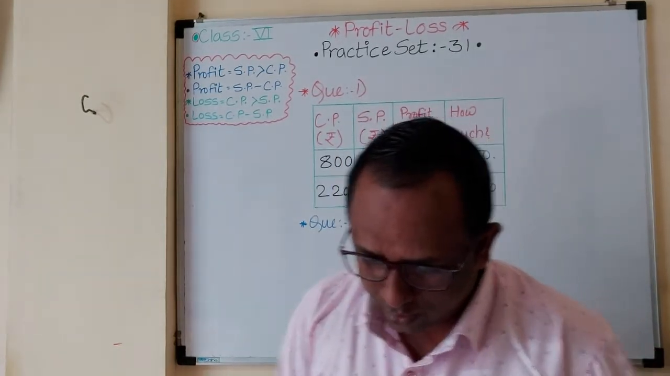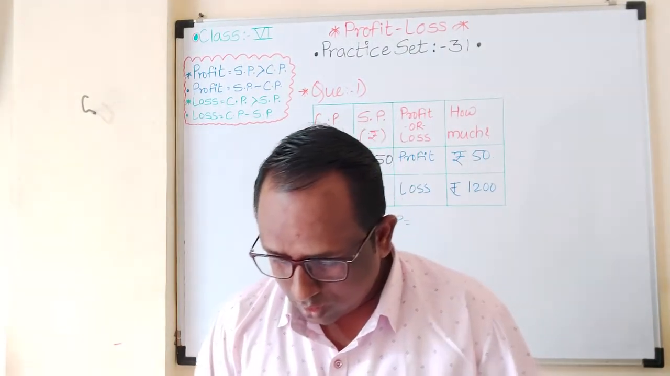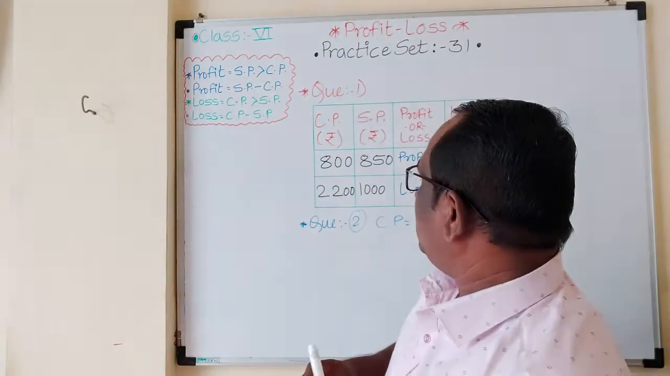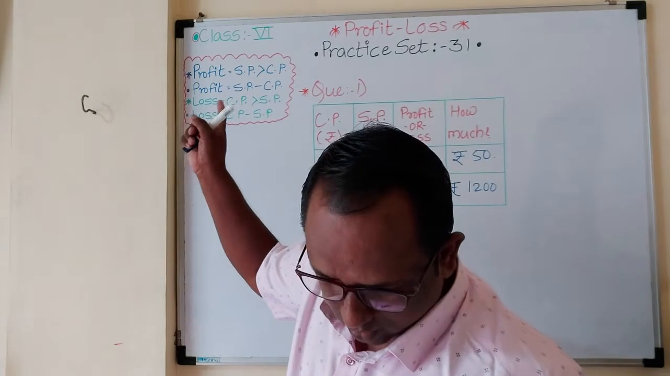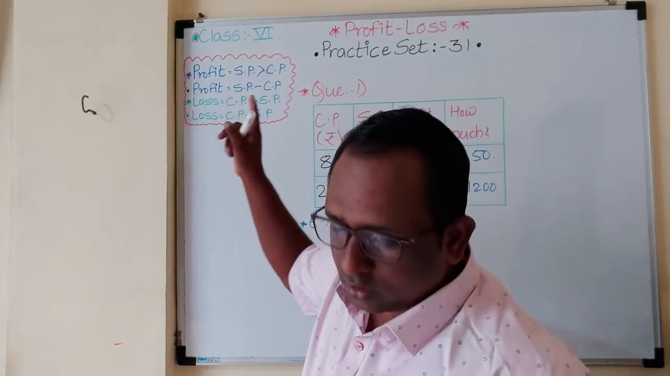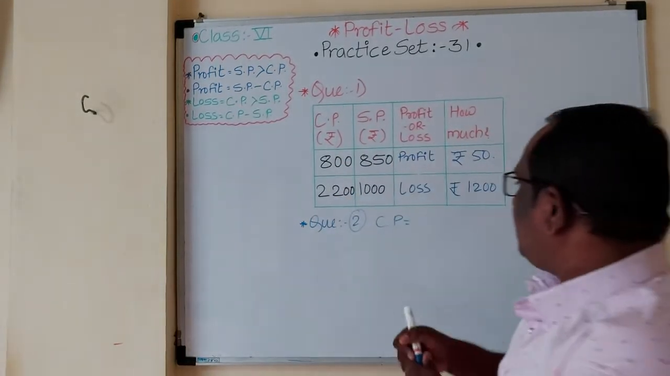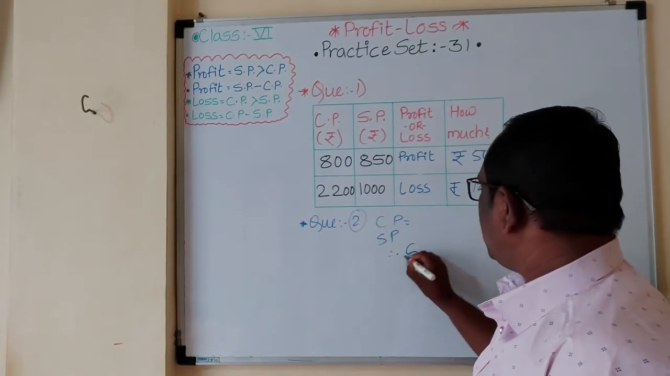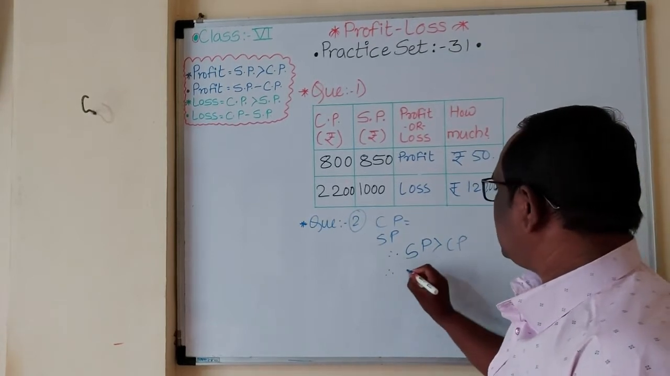That is given, rupees 3000, and selling price rupees 3400. So here you have to write CP. CP is 3000 and SP is equal to 3400. So for profit, you have to write CP, SP. Here SP is greater than CP, therefore it's profit,